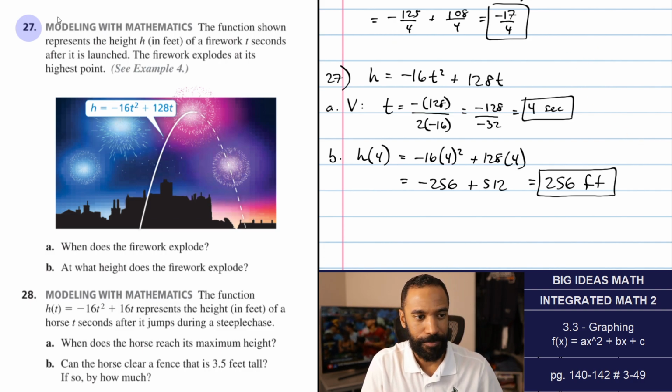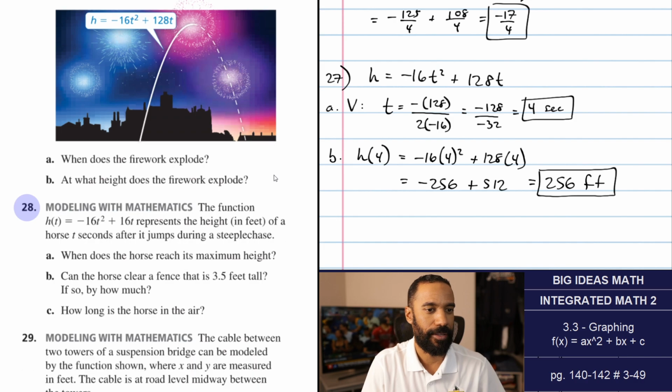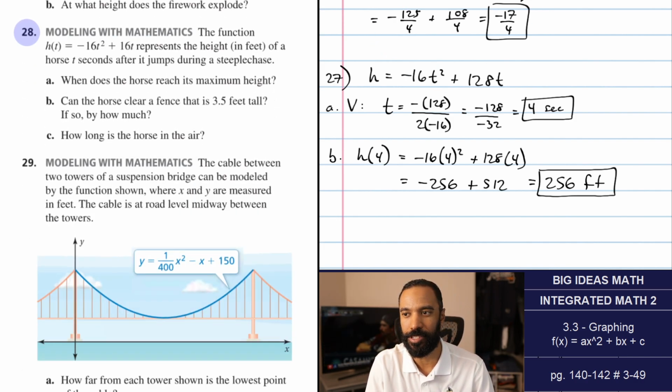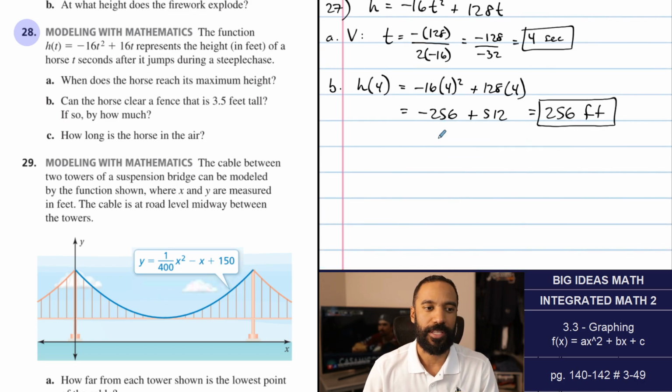Let's go. Number 28. Modeling with mathematics again. The function h of t equals negative 16t squared plus 16t represents the height in feet of a horse